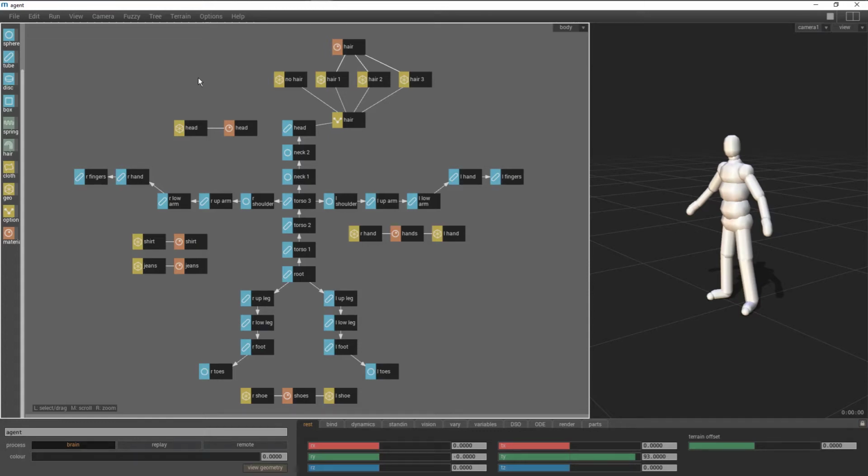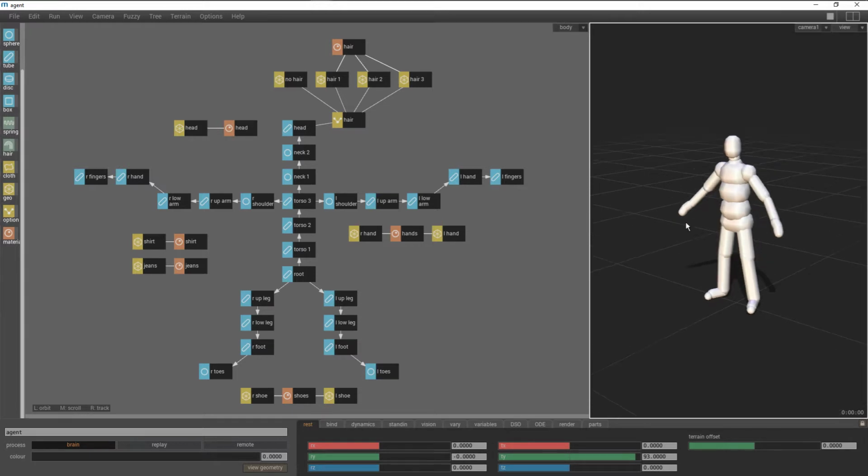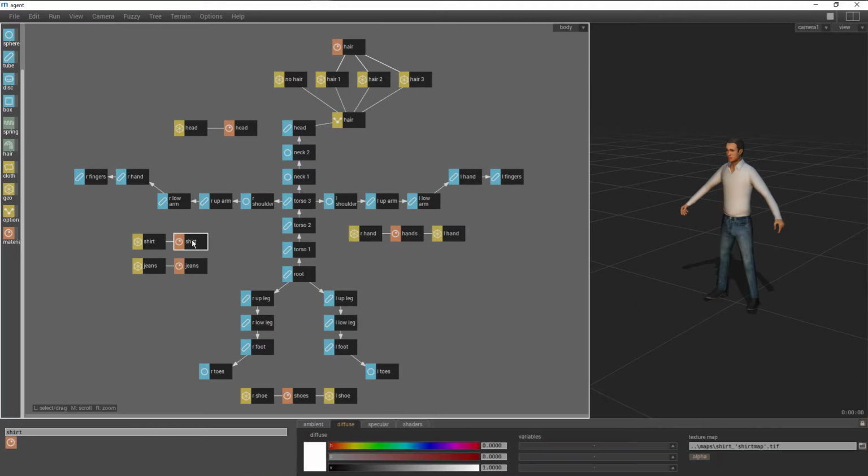We start in the body page and we can see the blue segment nodes and the yellow geometry nodes and orange material nodes, and over here we can see our agent. If we go Alt M, we can see the geometry and texture maps. If we click on the shirt material node, we can see that the texture map has been loaded into the